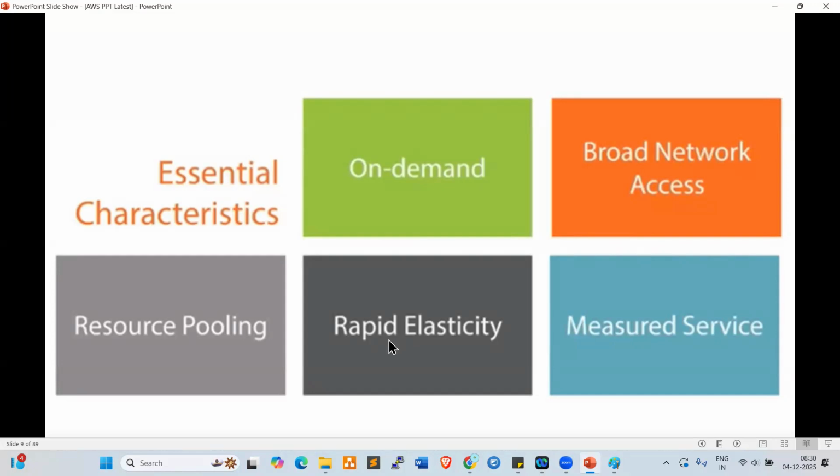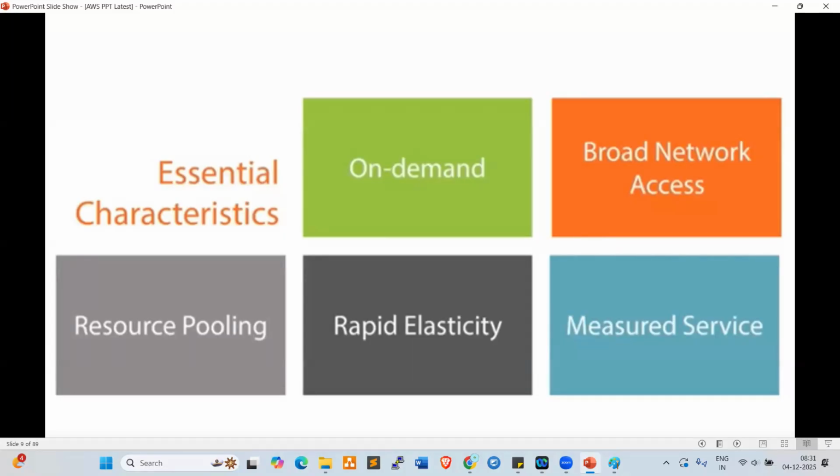Next one, rapid elasticity. For example, I'm working on a server, on a deployment activity, and in the middle of the activity I'm facing memory issues. On the fly, I can increase the RAM, the CPU, and the storage.